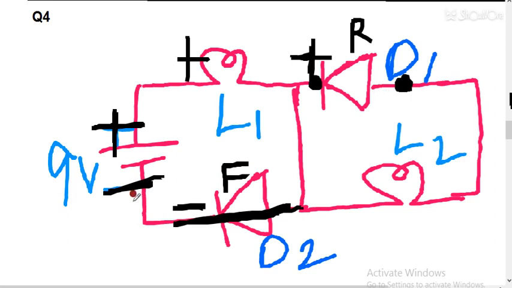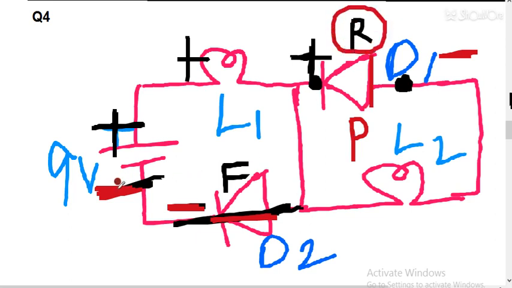Students, you can understand this from here also, that this is the negative voltage. So this diode will be forward biased, so it will act as a closed switch. So some negative voltage will also go on this side, so some negative voltage will also come in this way. Some voltage will go to the P side. So the P side is connected to some negative voltage. So that's why we can say this diode is reverse biased.